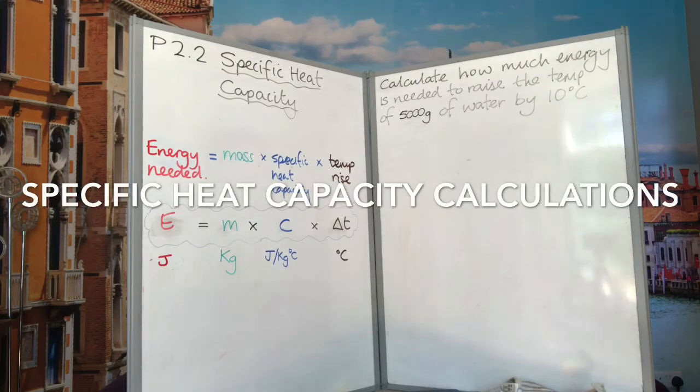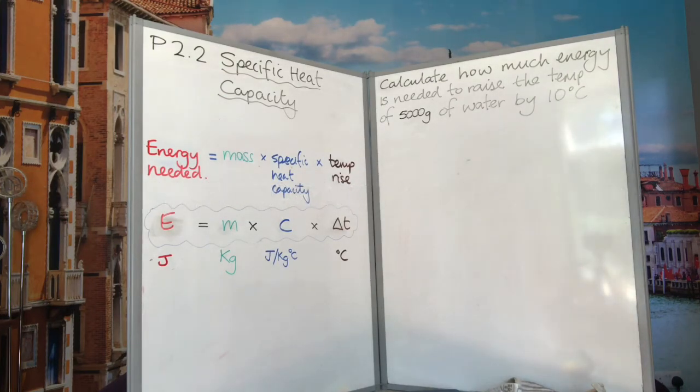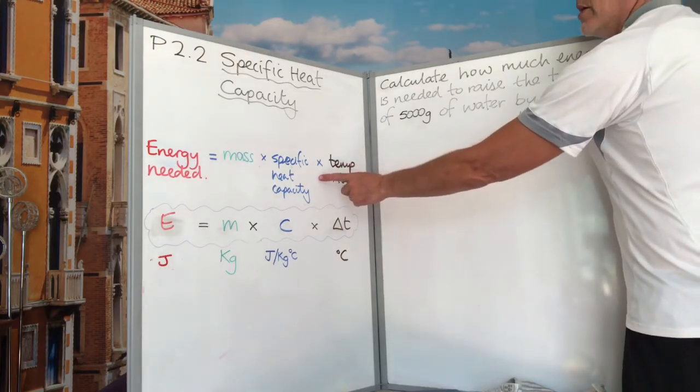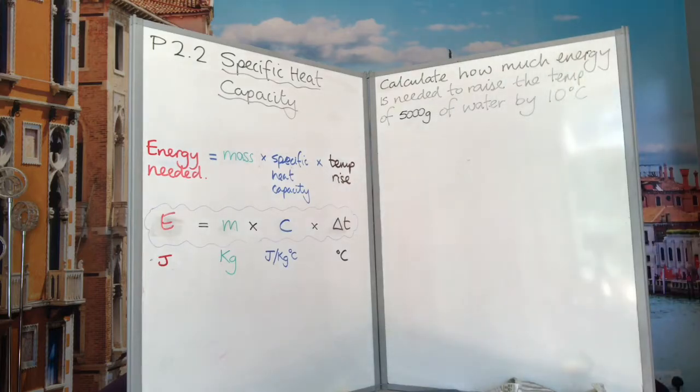P2.2 specific heat capacity calculations. I want to go through some examples of calculations that you will come across and a few tips and tricks. Okay, the equation here in words: energy needed equals mass multiplied by the specific heat capacity multiplied by the temperature